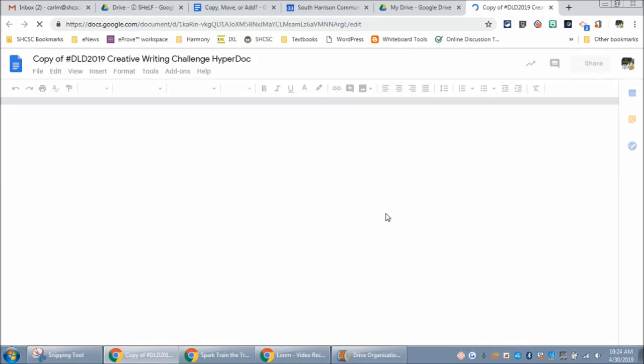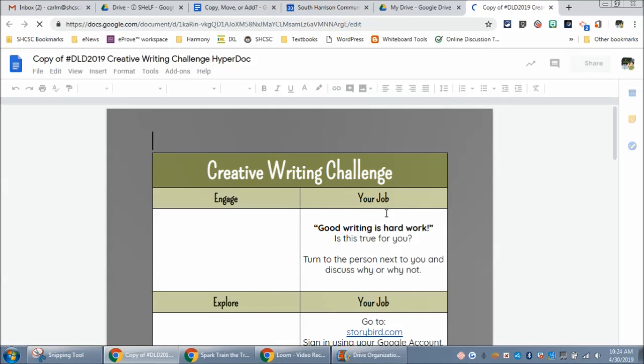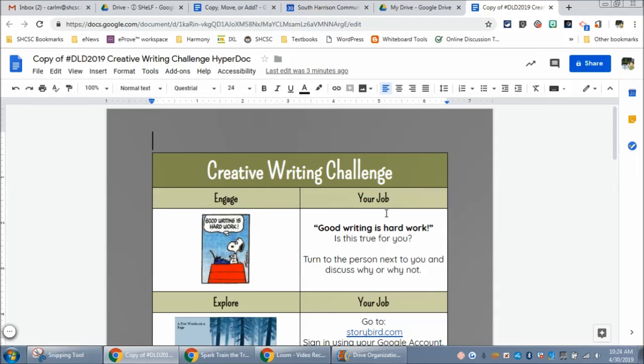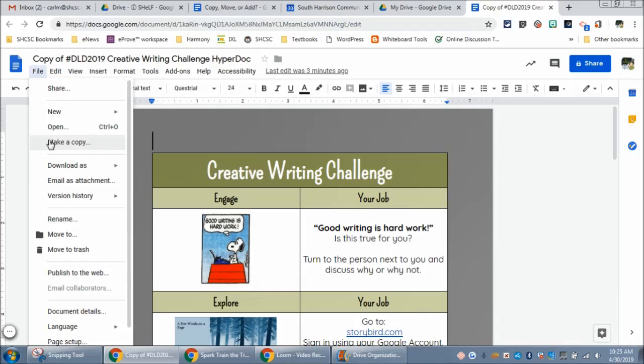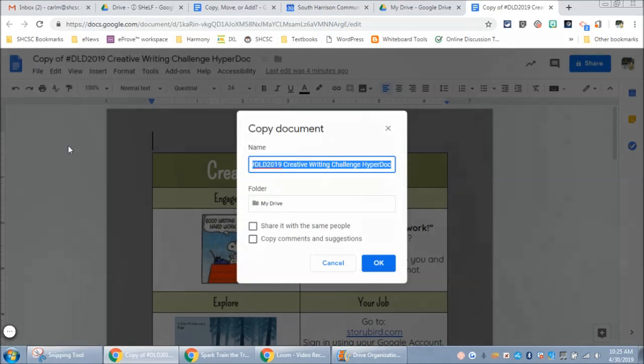I'm going to go ahead and open up one of these copies, because another place you can copy a document is by actually opening the document up. And this just has to be a Google Doc, but it could be a slide or anything. But you're going to come up here to the File menu, and here's where you can also make a copy. And when I click on Make a Copy, it's actually going to open up this window where it gives me